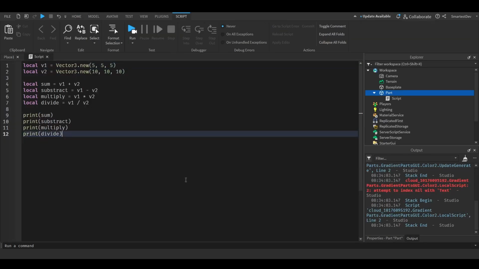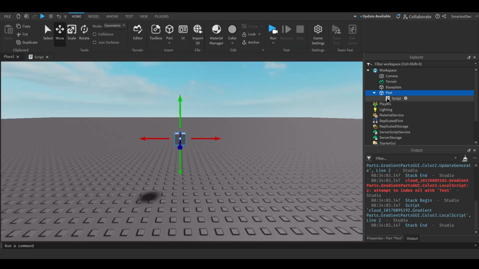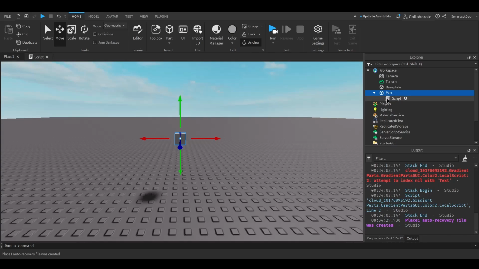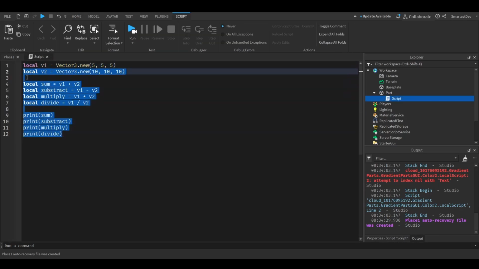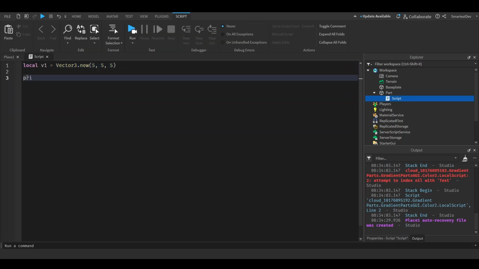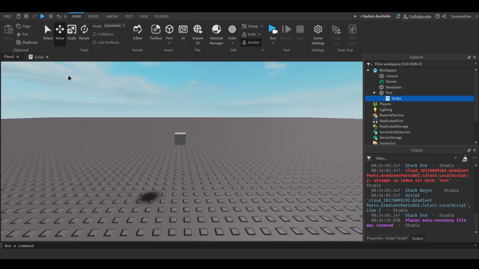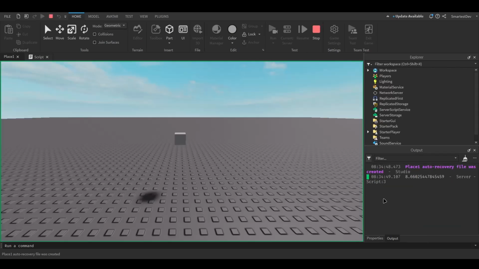Okay, so now I will tell you about the magnitude property. Well, I'm not sure if it's actually a property, but you can actually see a Vector3's magnitude. So now in this script, just having one Vector3, you can print v1.Magnitude to access a Vector3's magnitude. You could also do it through here, but for now we will use it this way. So if we run this script, we'll print